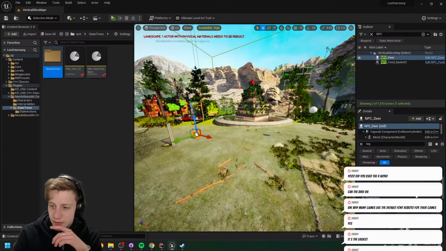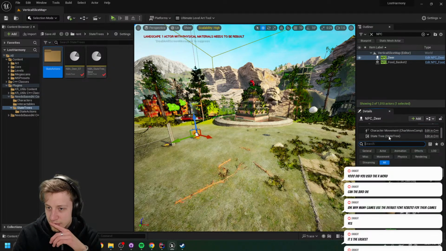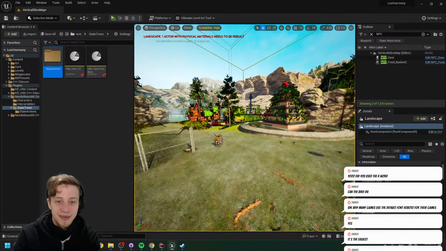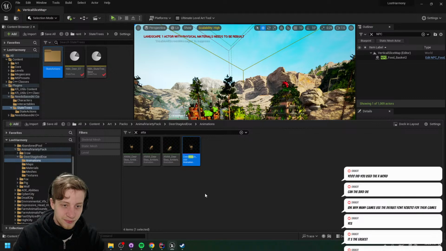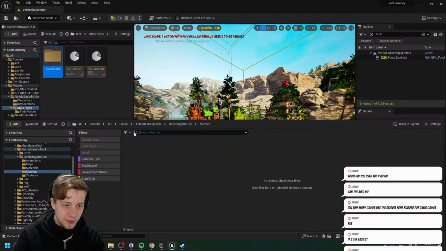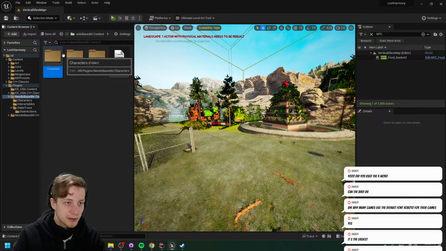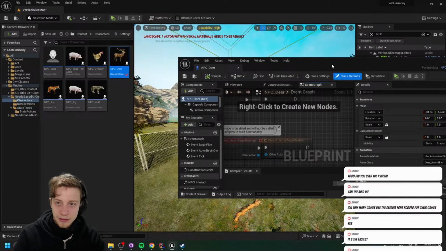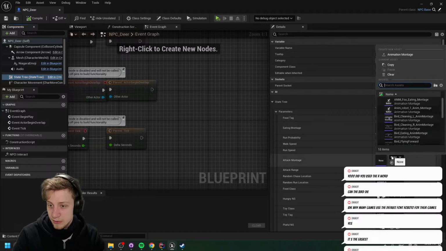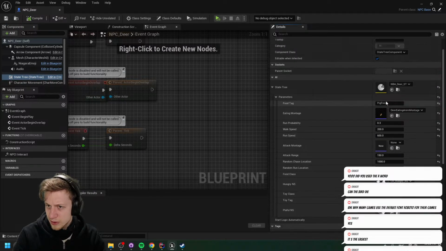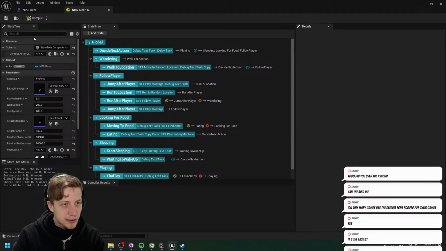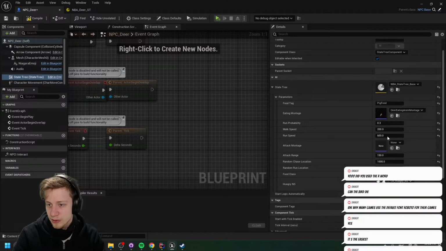Let's move him back. Oh, is it going to... Do I have to reset it? No, it did not. Never mind. Let's see. We're going to get ourselves a character deer. And we don't get it set by default. Did I not set it in the state tree? I did, it just doesn't set it here. Okay, that's a bit annoying, but expected.